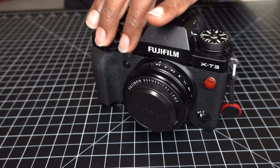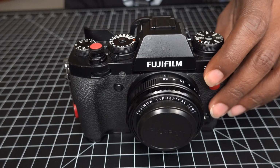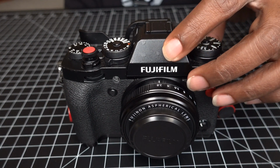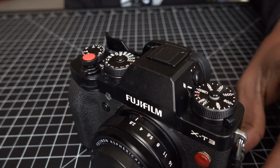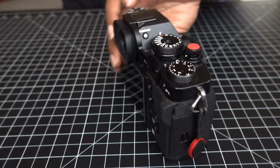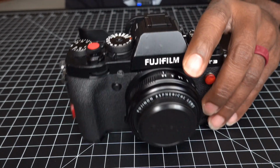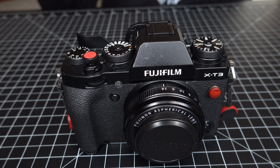This body shows up on Adorama. It was about $520. No lens, of course, and it was listed as moderate. Now, I think the reason why I said moderate was, there's a couple of nicks on it. You could see I've actually bought some paint to try to touch up some of these and clean it up a little bit. I'll move this around. But, for the most part, when I got it, it didn't really seem like it was in bad condition. I did check the EXIF file for shutter counts, and I got like 144, which I don't think that's necessarily accurate, or maybe it was. Maybe they just never really used the manual shutter very much. Frankly, I don't even know if it even tracks the manual and the electronic. I would assume it just tracks the manual, but it seemed like it was pretty low,